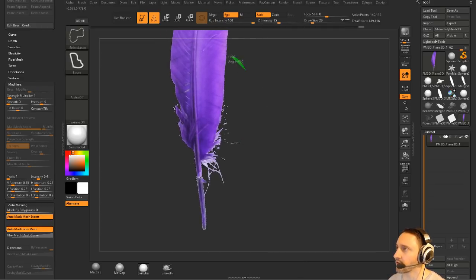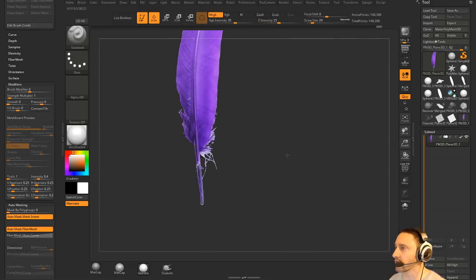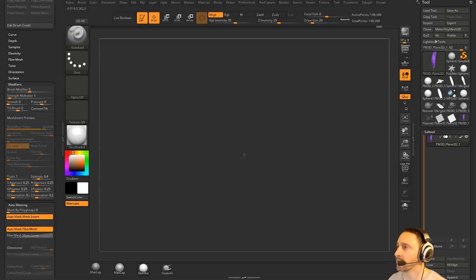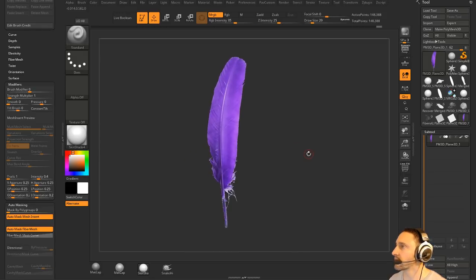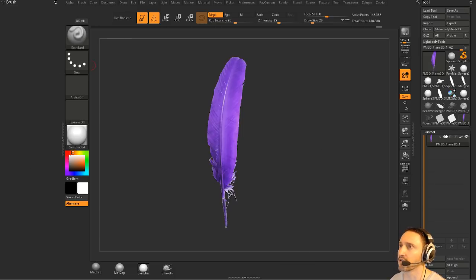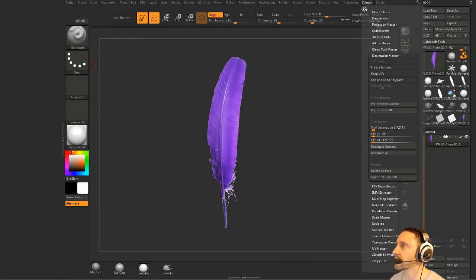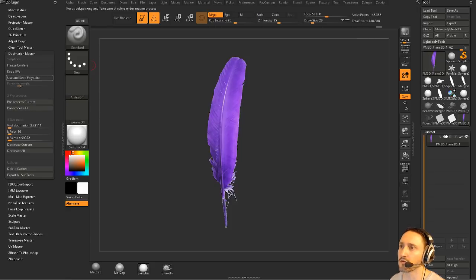And you know what? Let's go ahead and grab the main piece here, do Control Shift A, and then delete hidden. That'll get rid of all those little stragglers here. And you can use this as a feather for inserting. Let's see if we can, let's try this. Let's go to ZPlugin, Decimation Master, Preprocess Current. Oh, you know what? Before we do that,